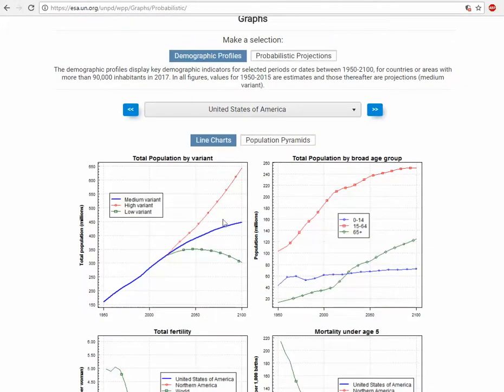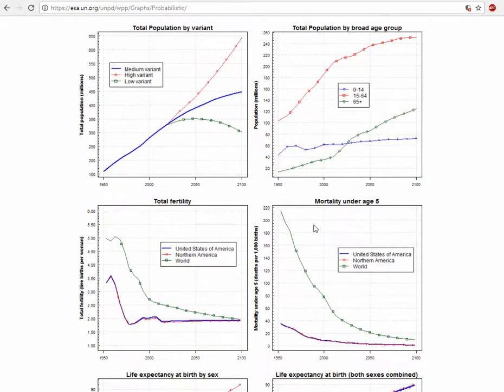Okay, so here's total population by variant. So low variant, population declining. Medium variant, it doesn't look like it's doing a dramatic decline at all. If anything, it might be stabilizing or increasing, and then of course the high variant in every case shows it increasing. If you look at total fertility, though, you can see that by 2100, in fact,